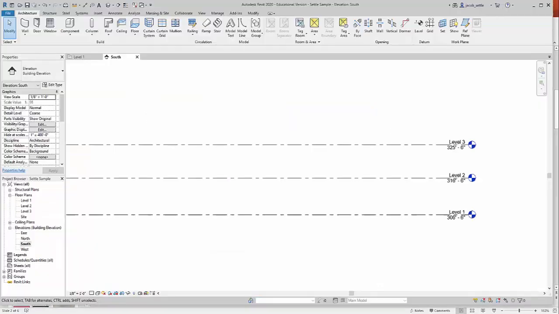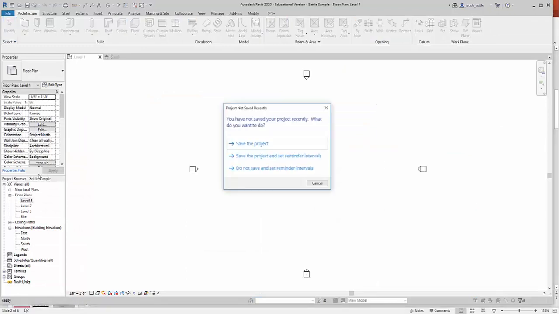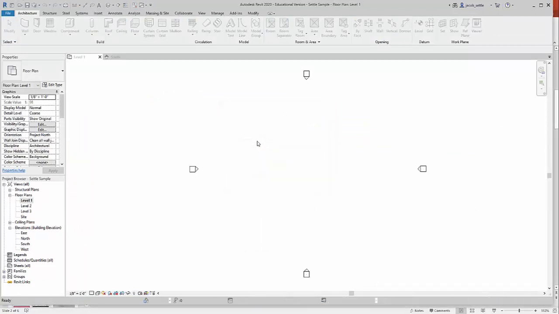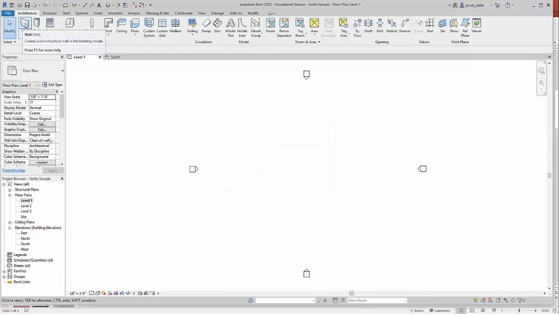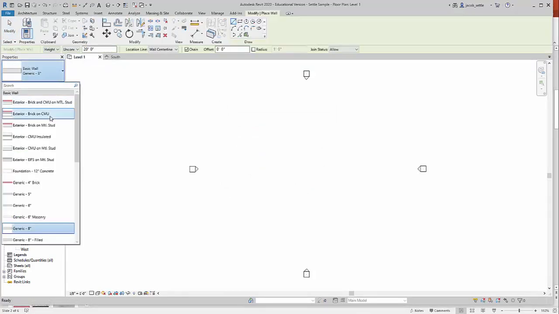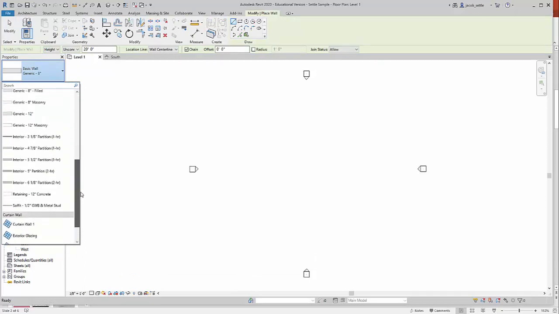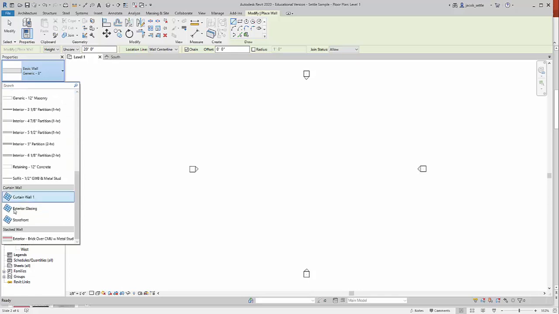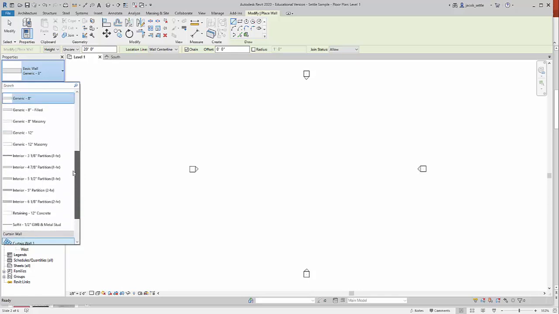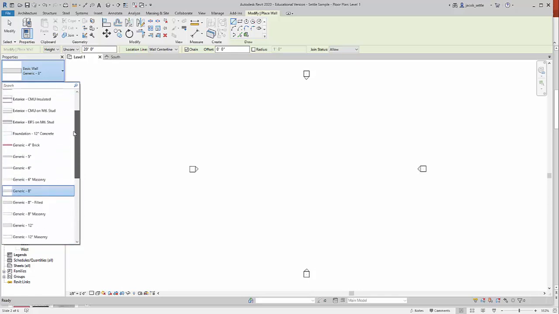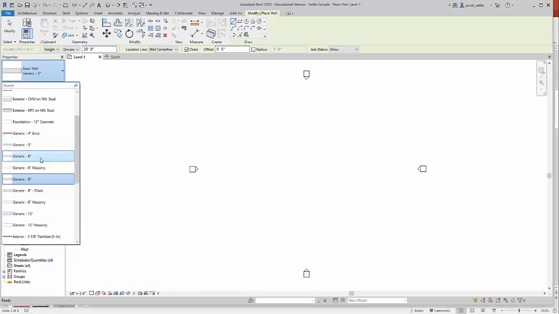Going over to Revit here. Just finished up that levels one, so I'm going to go to the floor plan, and yep, we'll hit save project. You're going to get that a lot, probably every half hour that you work. Then I'm going to go to wall, and there are a bunch of basic wall types that are in here. So you can take a look at some of those. Some of them may be close to what you're doing. Eventually we'll talk about curtain walls and things like that. It can be fun for some of those modern designs, but I'm going to just begin with a generic